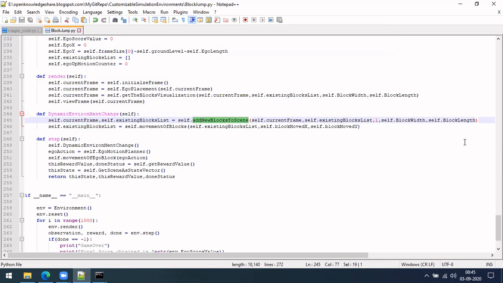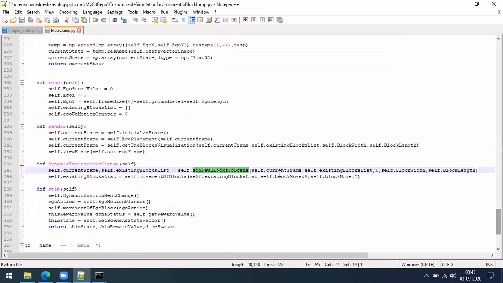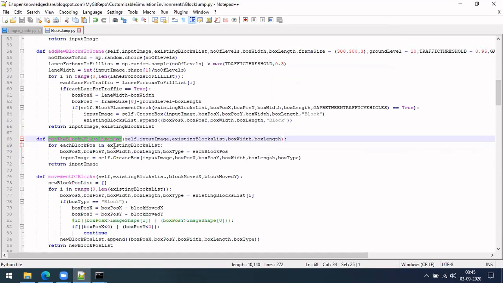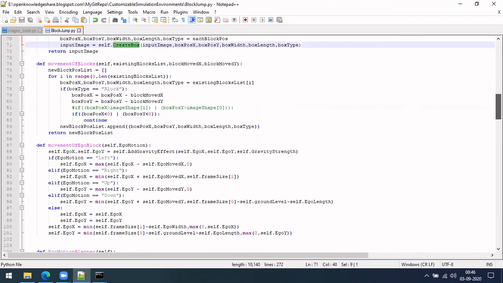That will be there in the blocks visualization. If you can see, I have kept each functionality as a different, separate function so that we can reuse it, like this create box, because create box is just that box, right? We use it every time in case we want to add a new block. So I created a separate function called create box, and I have defined it somewhere here.